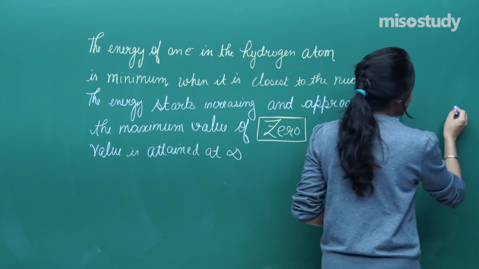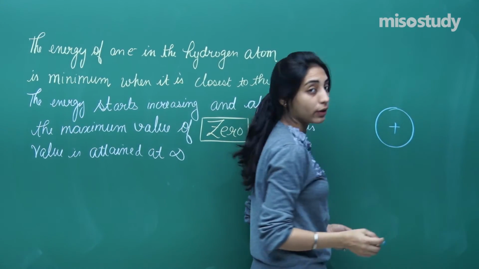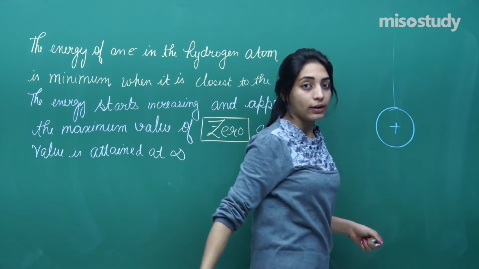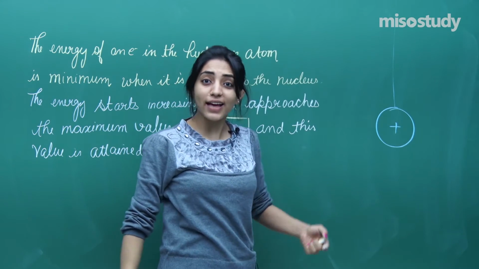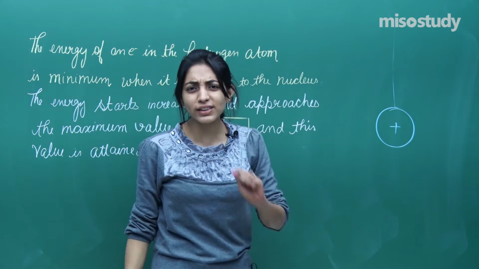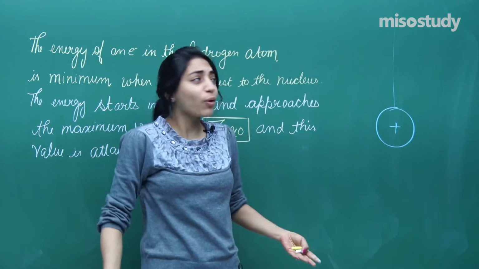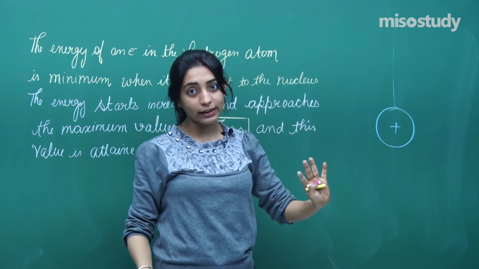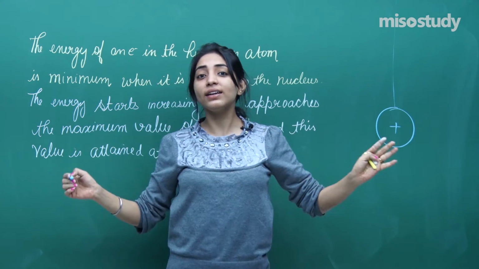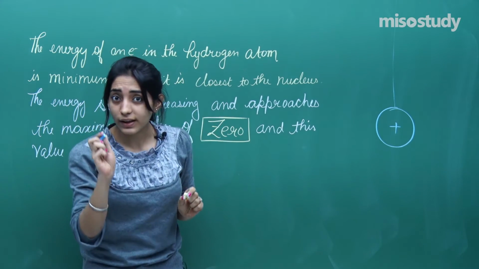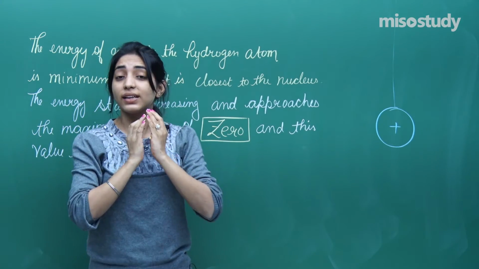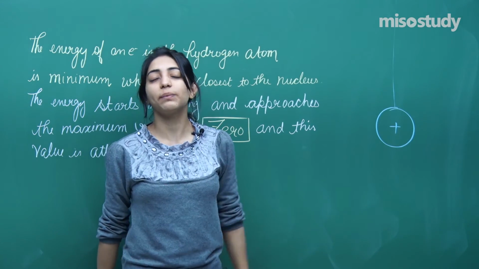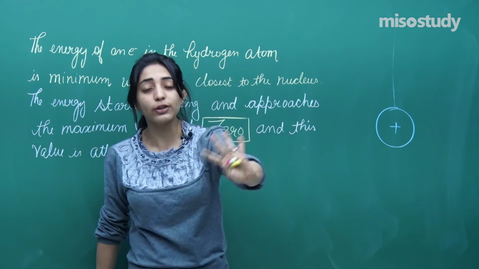This simply means that if there is a nucleus in the center, and suppose the electron is at infinite distance from the nucleus, you might not be able to see it, right? And yes, I have drawn it like this so that you can't see it. Can you see infinity? No, man. The electron is so far away that even I can't see that. So this is what infinity is. And when there is infinite distance between the electron and the nucleus, there is no interaction taking place. And when there is no interaction, we say that it is at energy equal to 0.